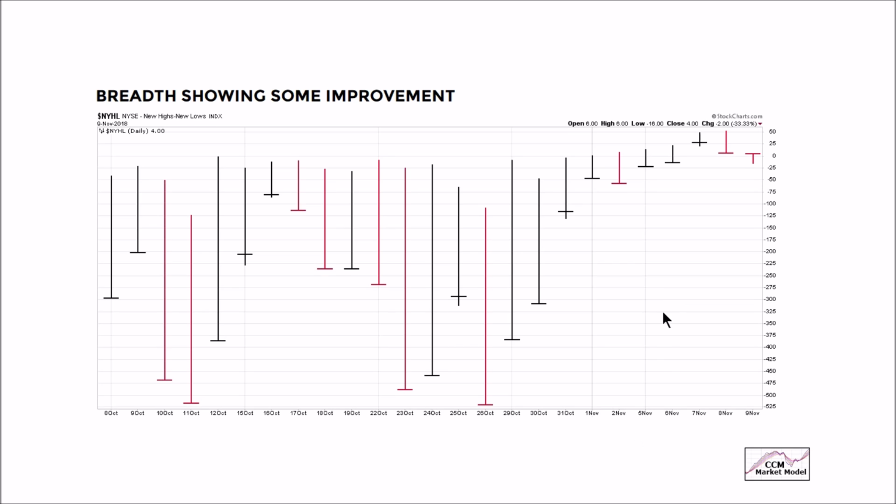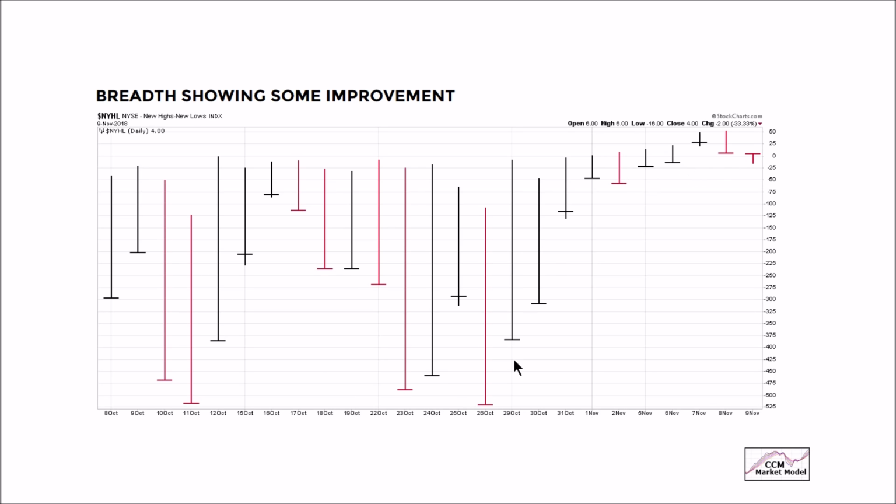Friday's session also had decent market breadth. This is the close, November 9th, NYSE new highs, new lows, -2. Contrast that with the horrible -525 down here and -500 here. This tells us that we have very unbalanced run for the exits conviction on the bearish side of the ledger relative to the bullish side of the ledger. These numbers up here tell us that bullish conviction has picked up relative to bearish conviction.